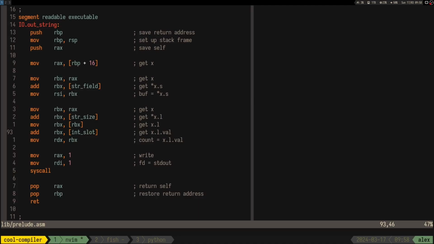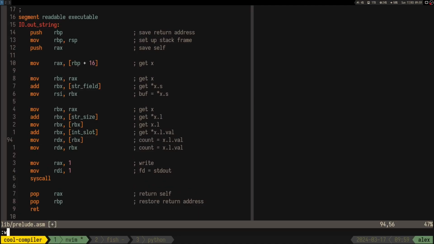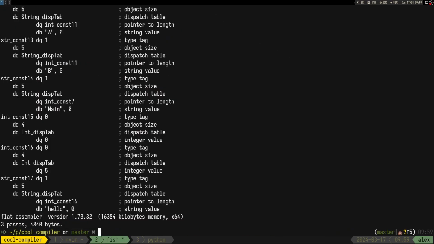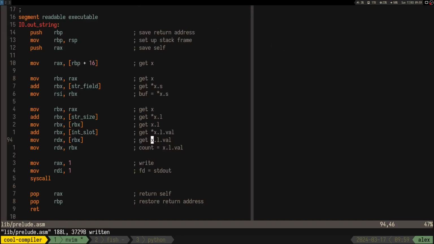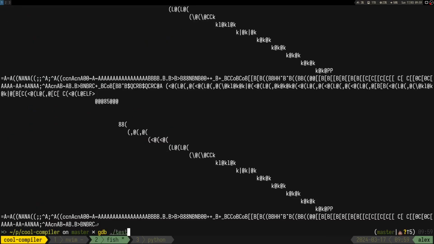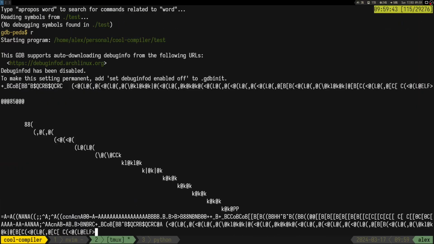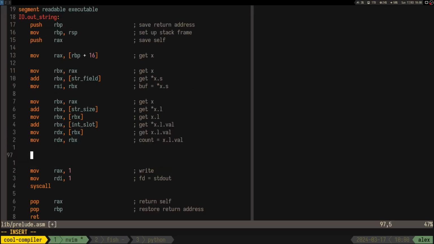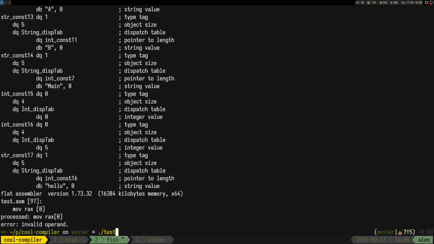But my guess is that that's where I had the bug, because for the string I use the pointer, but in this case I used just the literal value. And the write was just printing a lot of trash. So it means that we pass in the wrong size for write. So that's what happens. At this point I was just trying to GDB the thing and see what value we have, I guess,